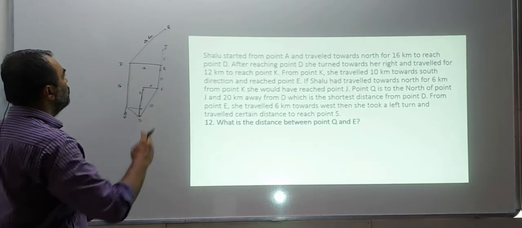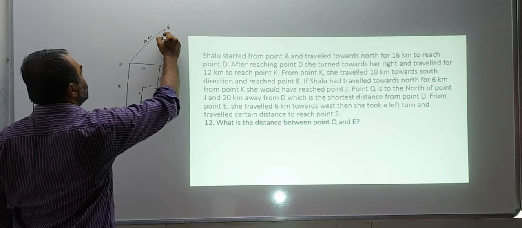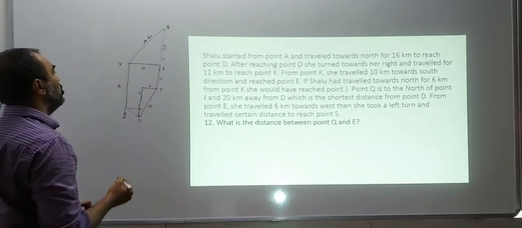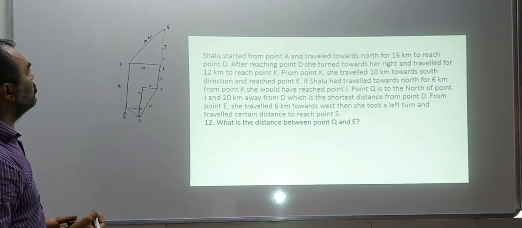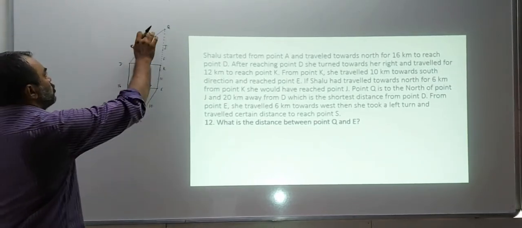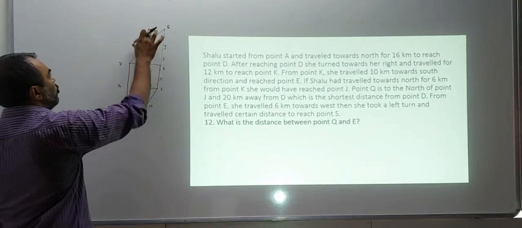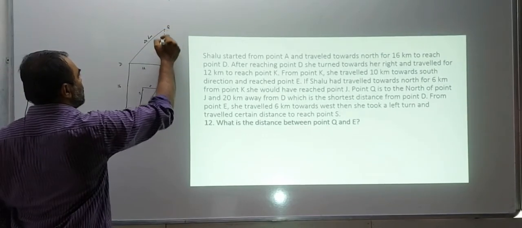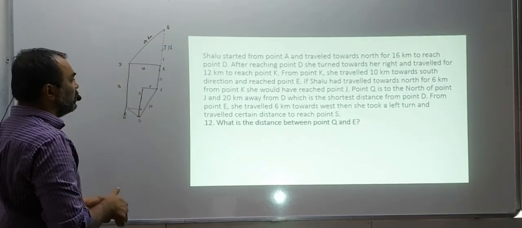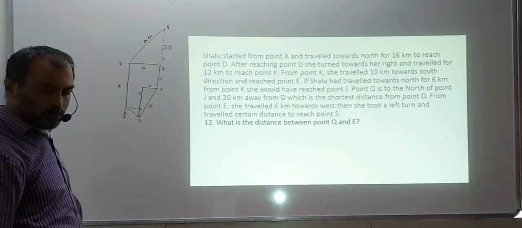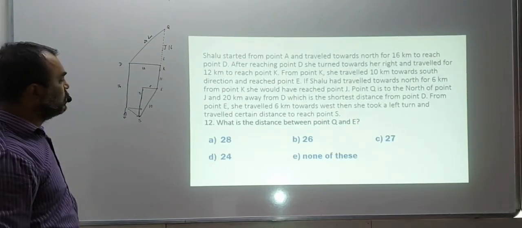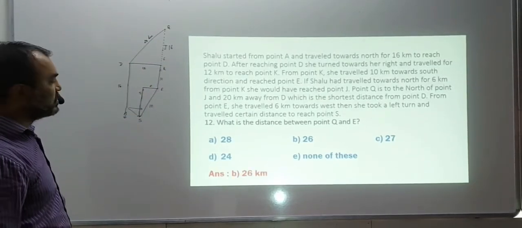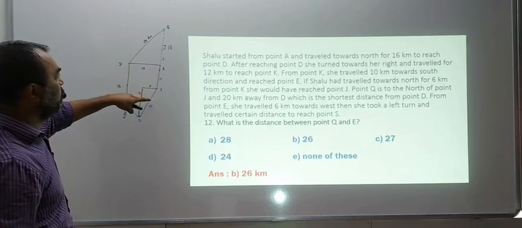So let us see. Let us complete this triangle. This is 20, this is 12. So how much will QK be? You know the formula, right? Pythagoras theorem. So 20 square minus 12 square. 400 minus 144, 256. The square root is 16. So this distance is 16. And this distance is given as 10. So let us take the options. 16 and 10 make 26, and we have a 26 here. So I guess that will give us the answer, and the answer is 26 kilometers between Q and D.